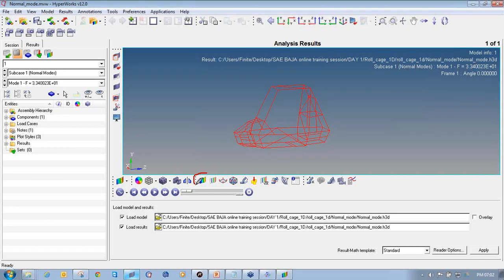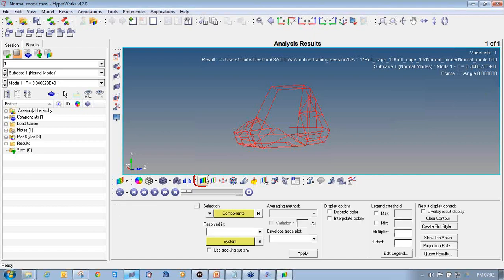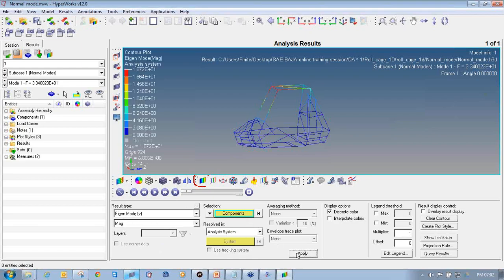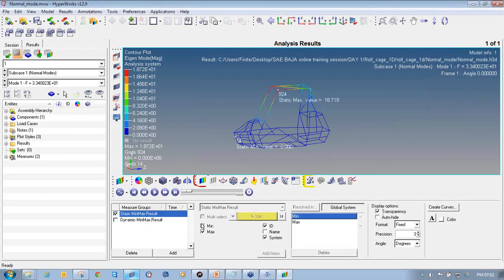So click on contour plot, then select the result type as Eigen modes and say apply. Then click on measure panel to view the maximum Eigen mode for your model and the location of it, and click on play button